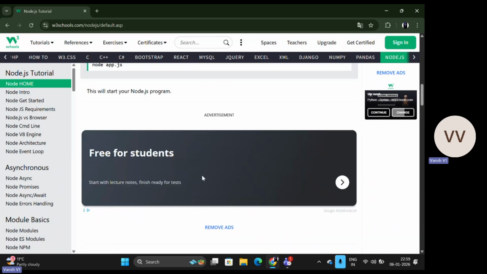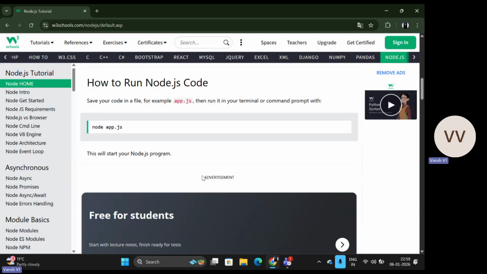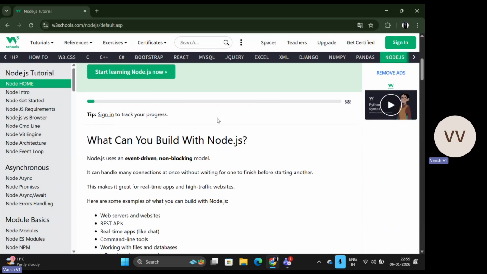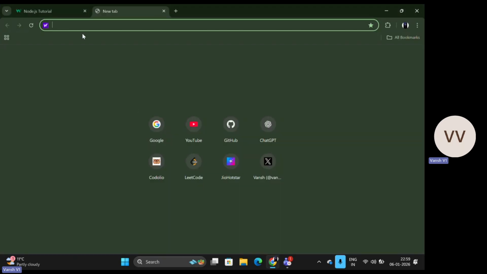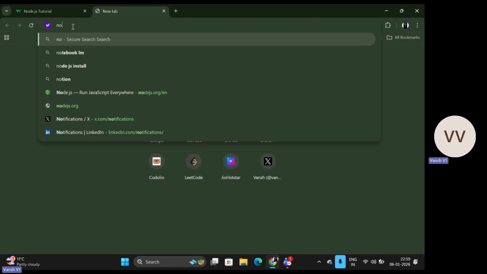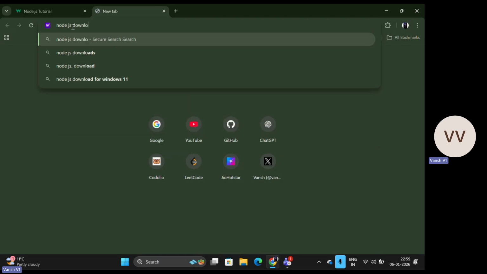So we are going to look into that also once we cover these basic things. Okay, so the first step I will tell you is how you can download Node.js. I am just showing you. For Node.js download, there is their official website,